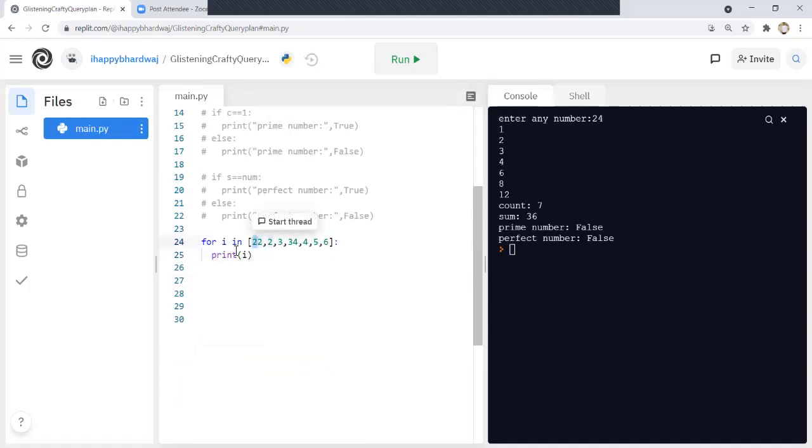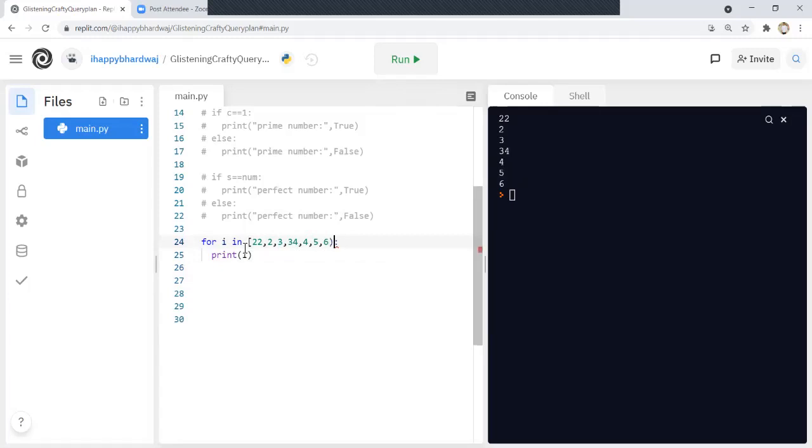Now these values will be stored one by one in this i, and then the loop will be executed. Initially in i, the value 22 will be saved and the loop will be executed. Then in i, value 2 will be saved, then value 3 will be saved. So it is basically printing i, printing the list as it is.